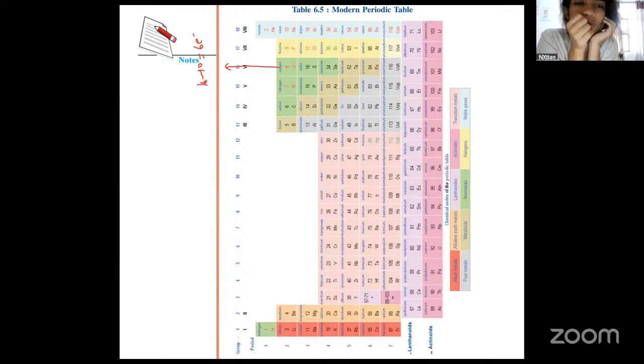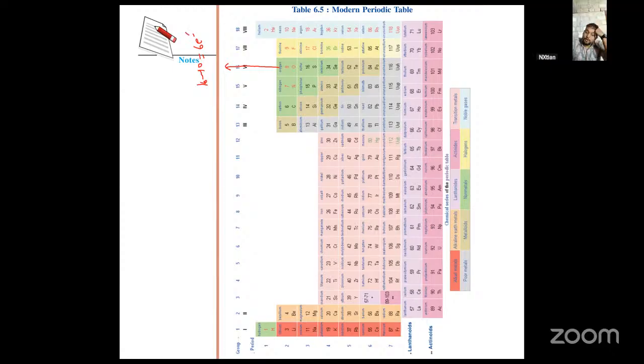Either to take, tell, to give 3. No, to give all 6, no? To give all 6 electrons, or